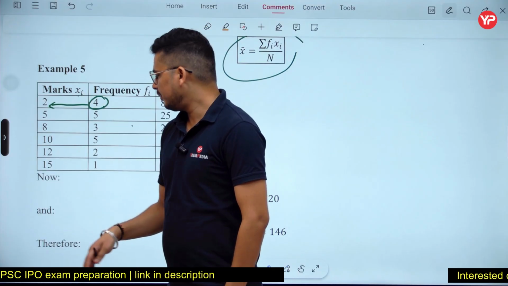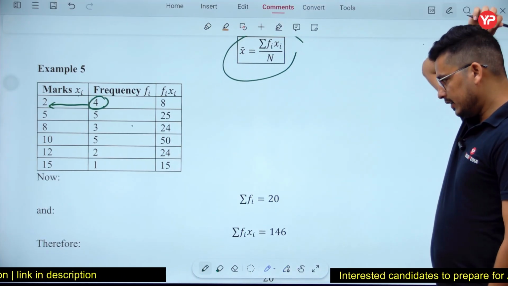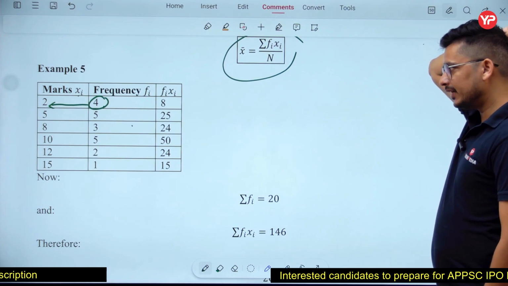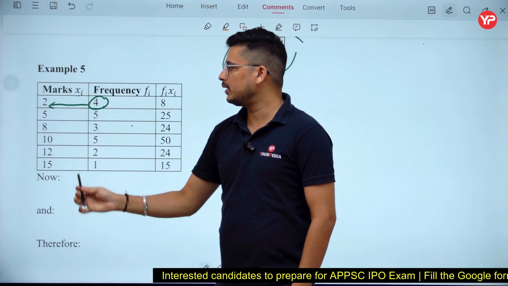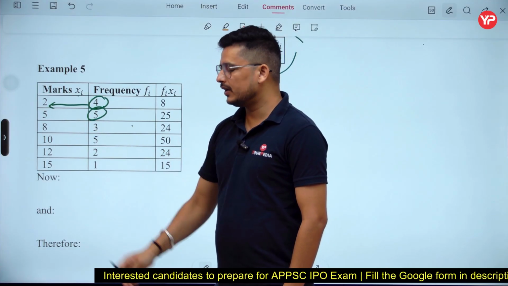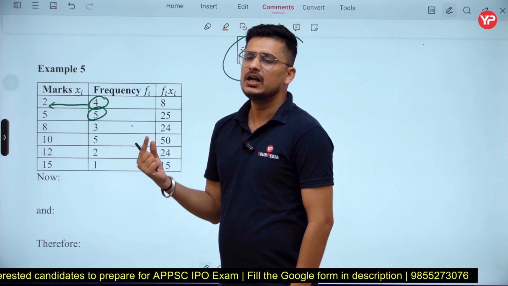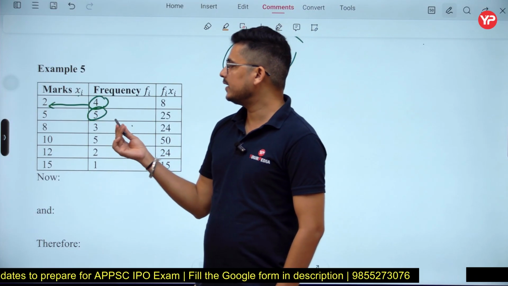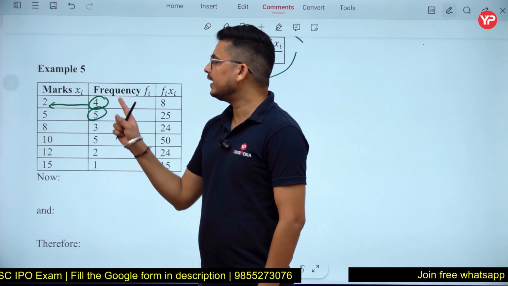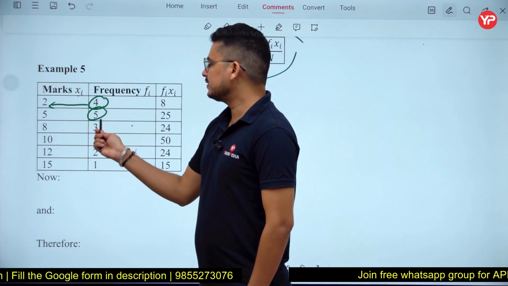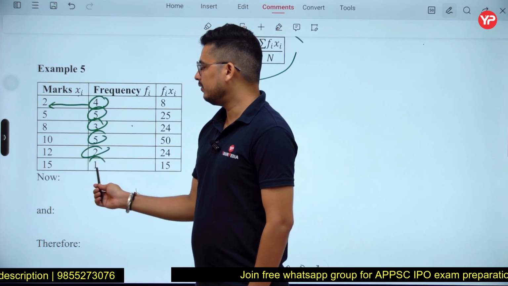Let us take, there are lots of students, let us take 20 students or like that. Out of these 20 students, 4 students are getting 2 marks, 5 students are getting 5 marks. Instead of repeating 5 times, we just use a frequency table. Inside that we are telling that 5 students are getting 5 marks. So frequency means how many students are getting the marks 5. Next, 3 students are getting marks 8, 5 students getting 10, 2 students getting 12, and 1 student